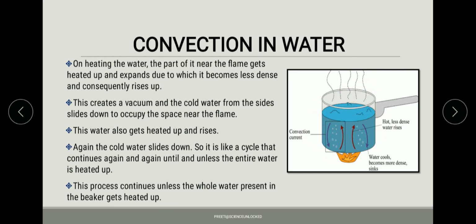The moment it becomes equally heated up, it will either stop heating, depending on the source that we are talking about. If it is a natural source where the source cannot be stopped, and the energy the source has been providing cannot be maintained or controlled, then it will evaporate.